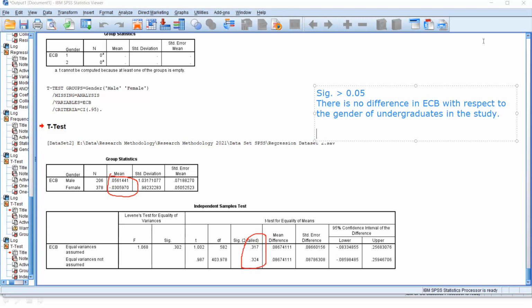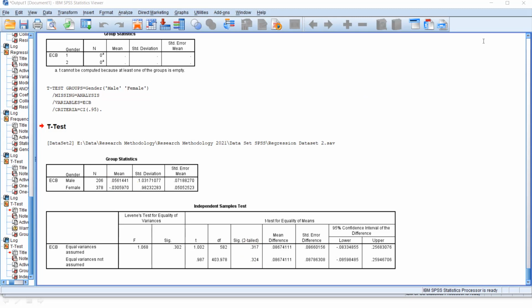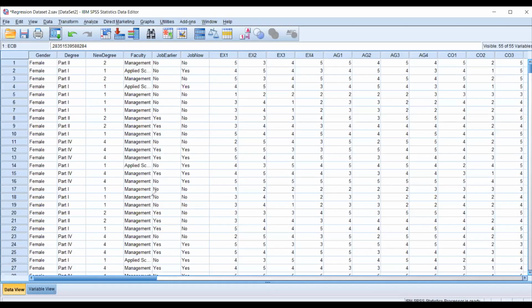And the other one we can do is, let's go back to our data set. I'm not sure whether we have to do the ANOVA one. Yes, we can go with the degree program. I have 4 types of degree program. Now I want to make sure whether undergraduates' environmental citizenship behavior is going to differ with regard to their degree part. කියන්නේ first year undergraduates ලා වැඩිපුර environmental citizenship behavior එකක් තියනවාද? Final years ලගේද වැඩිපුර තියෙන්නේ.